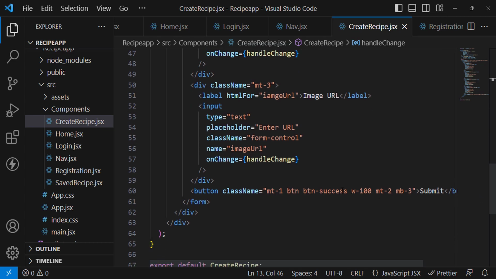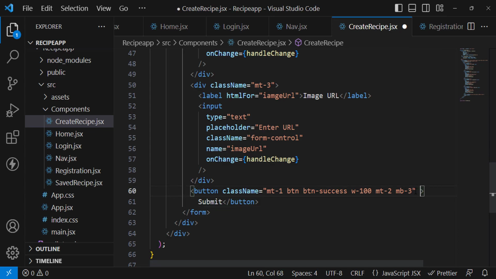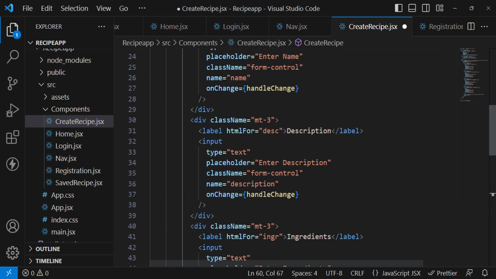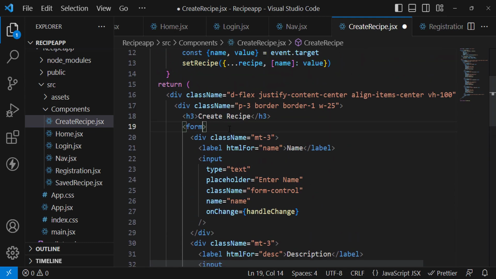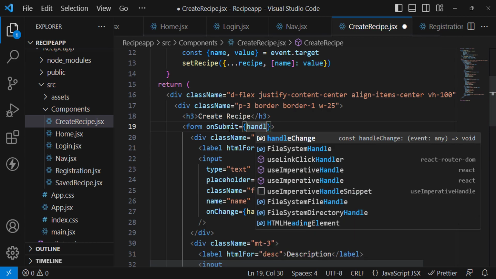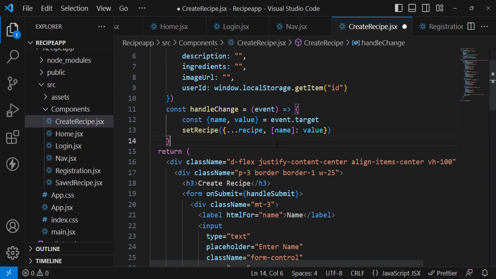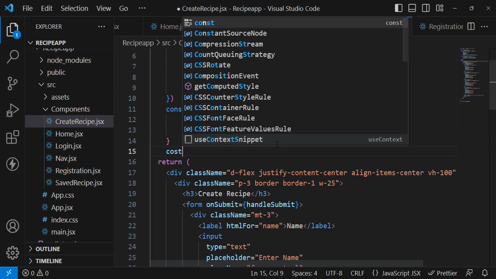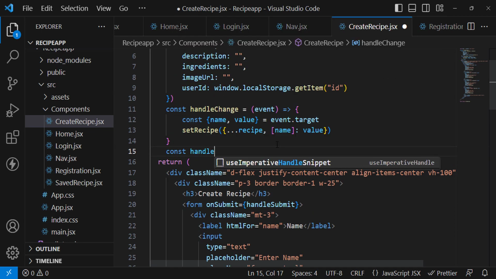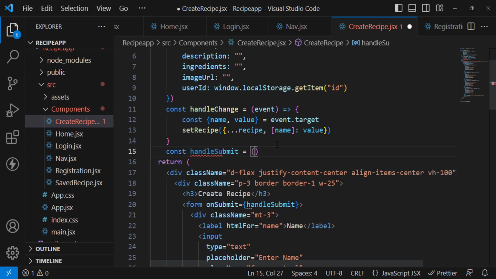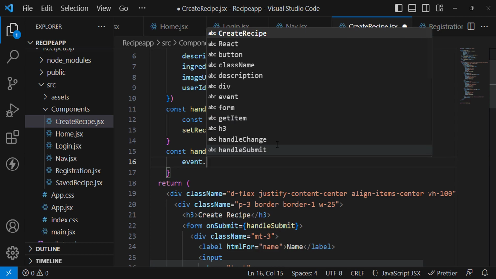Let's come here, on click, or we will move to the form on submit. Let's call on submit event, and we will call handleSubmit. const handleSubmit is equal to, we will get an event. First of all, prevent default submission,